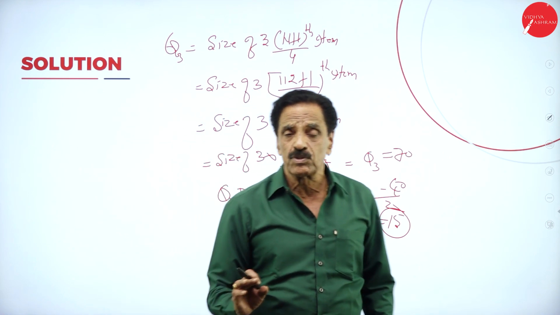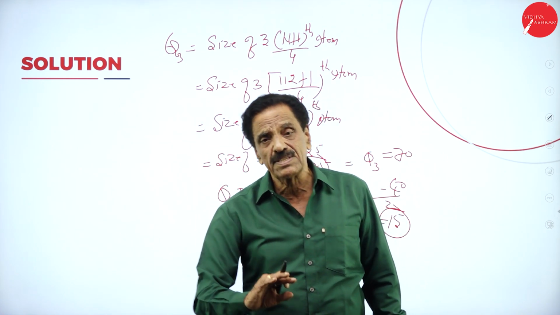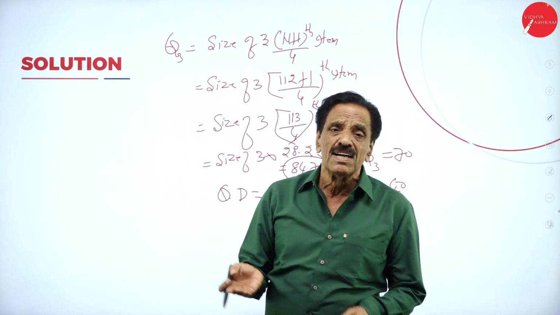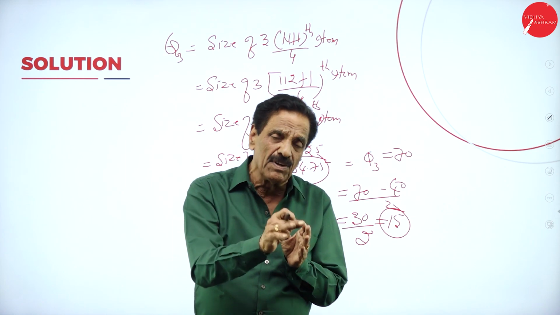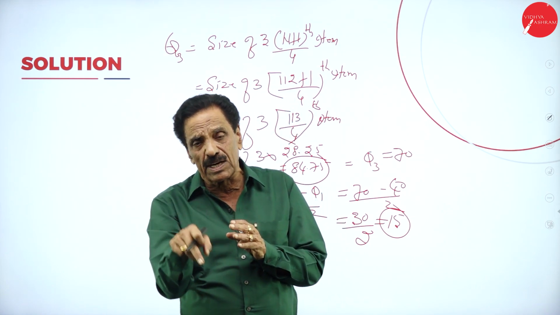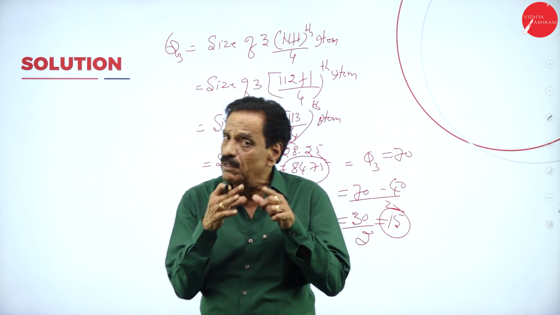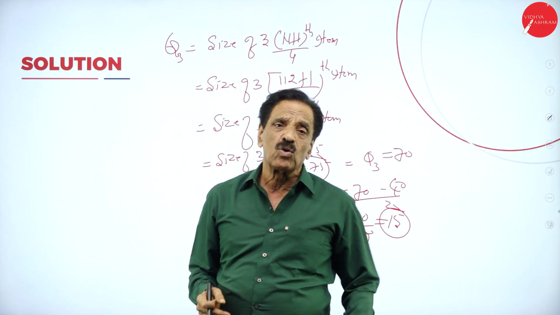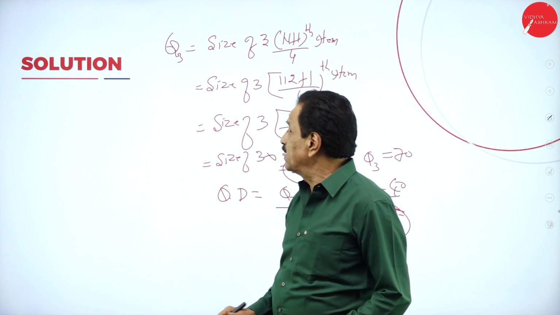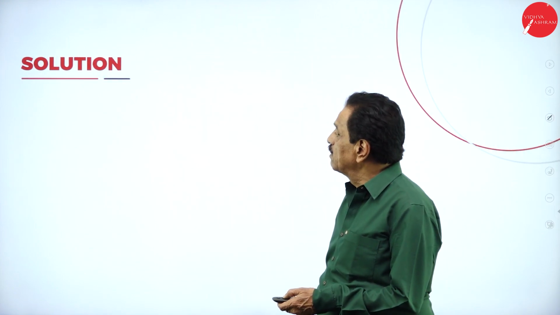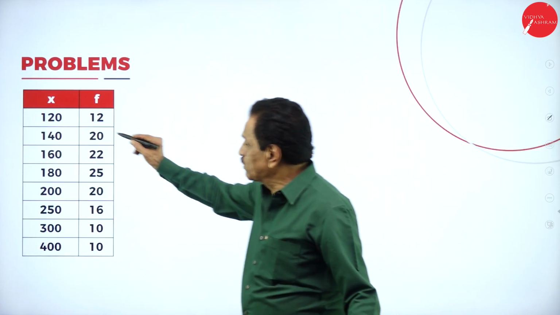So what are the steps to follow? Convert the frequency into cumulative frequency. Find out Q1, which is the (n plus 1) divided by 4th item in the CF. Q3 is 3 into (n plus 1) divided by 4th item. Then take the concerned number x. Apply the formula: quartile deviation is equal to Q3 minus Q1 divided by 2. I think you follow. You'll go to the next one.